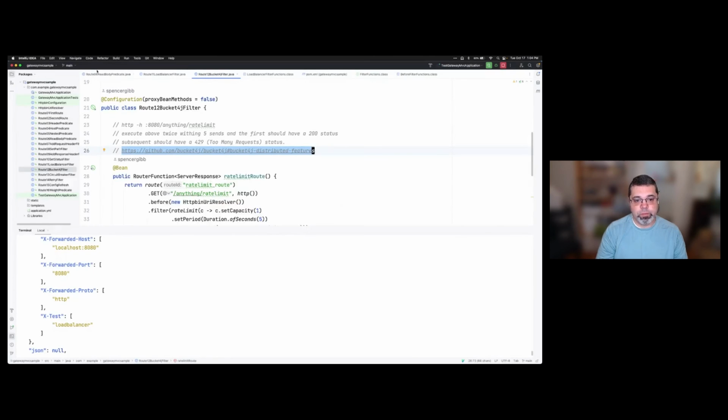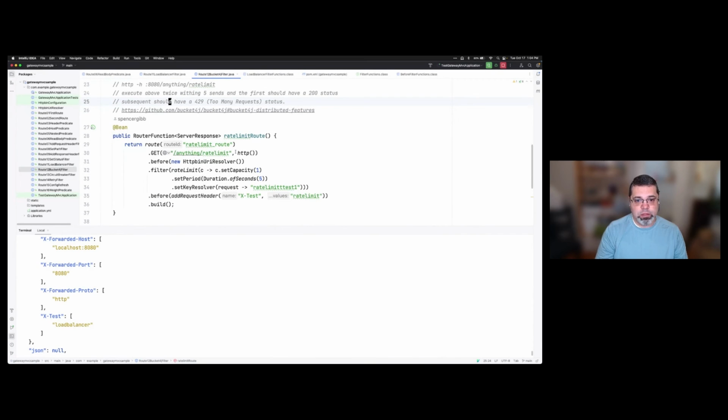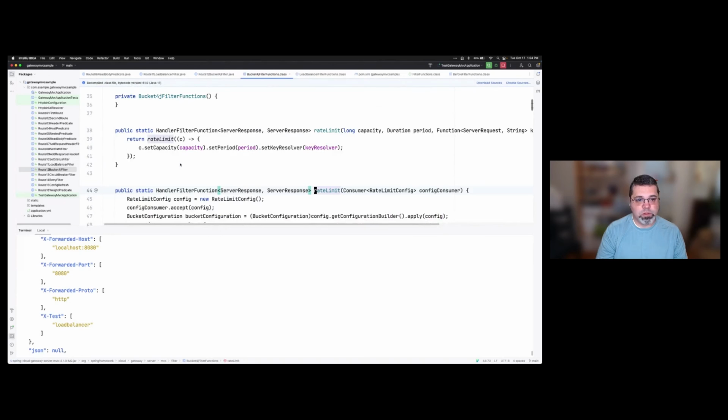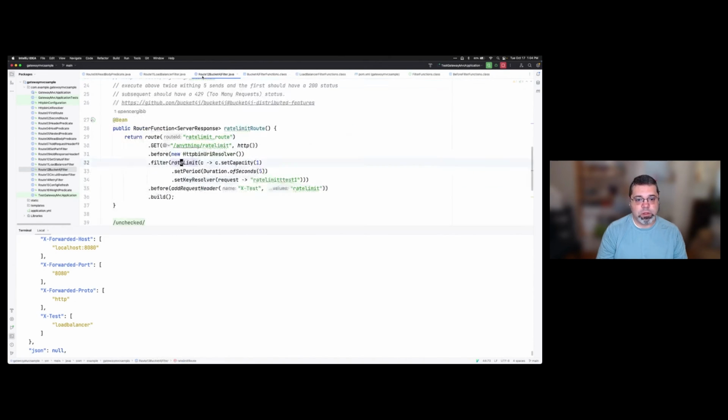So back to here. Again, we're going to match on a path, HTTP to HTTPBin. And in this case, we're going to use rateLimit from the Bucket4j filter functions class. And it has this config class here, and I'll walk you through that. If you want to read about the token bucket algorithm, it is fun. But basically, in this case, we're going to say you get one request every 5 seconds,